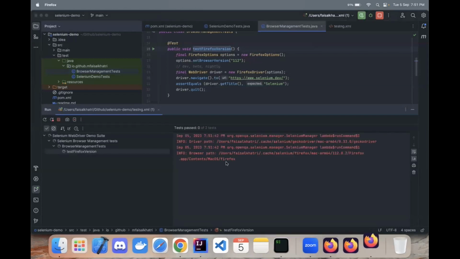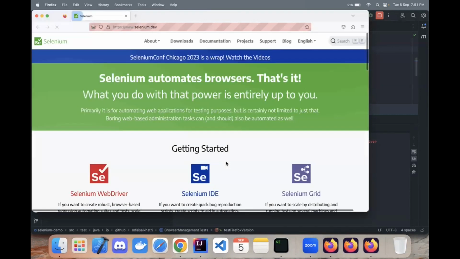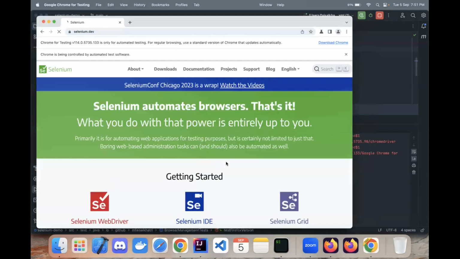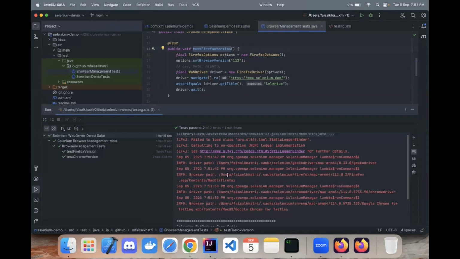We can see the blocks coming up now, and here is the Firefox running, and now the Chrome as well. So we can see in the logs as well